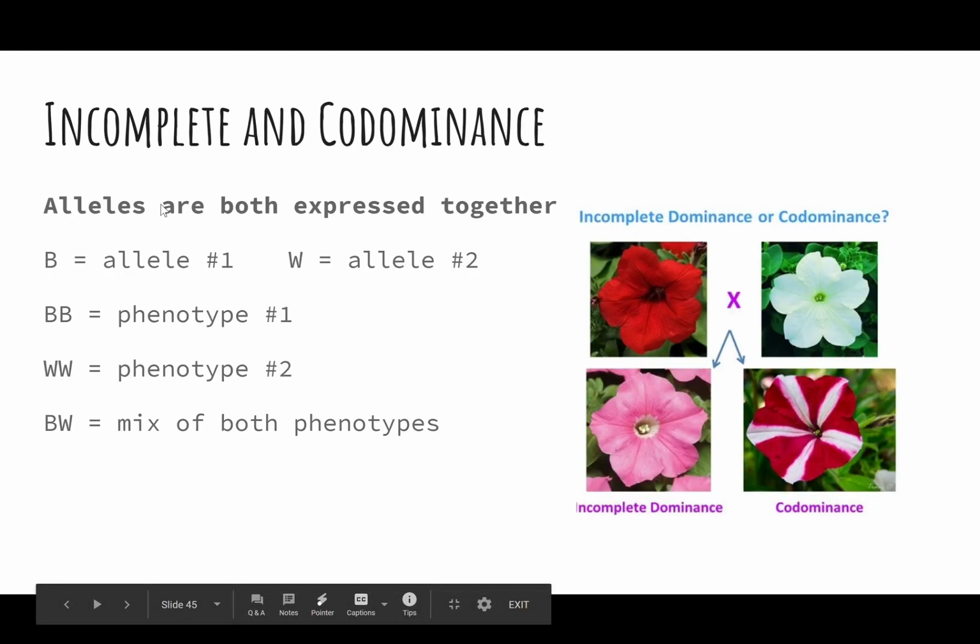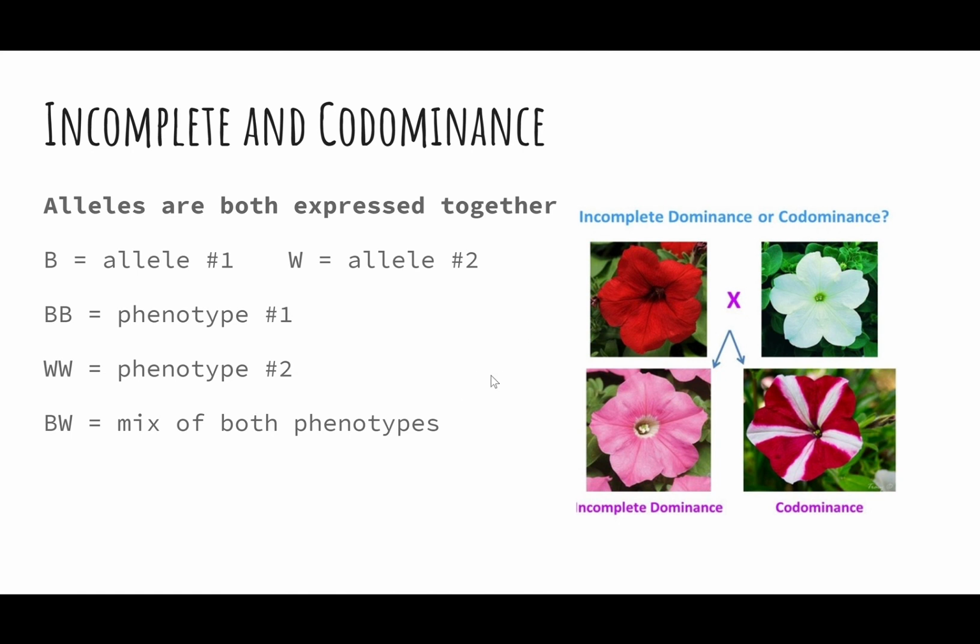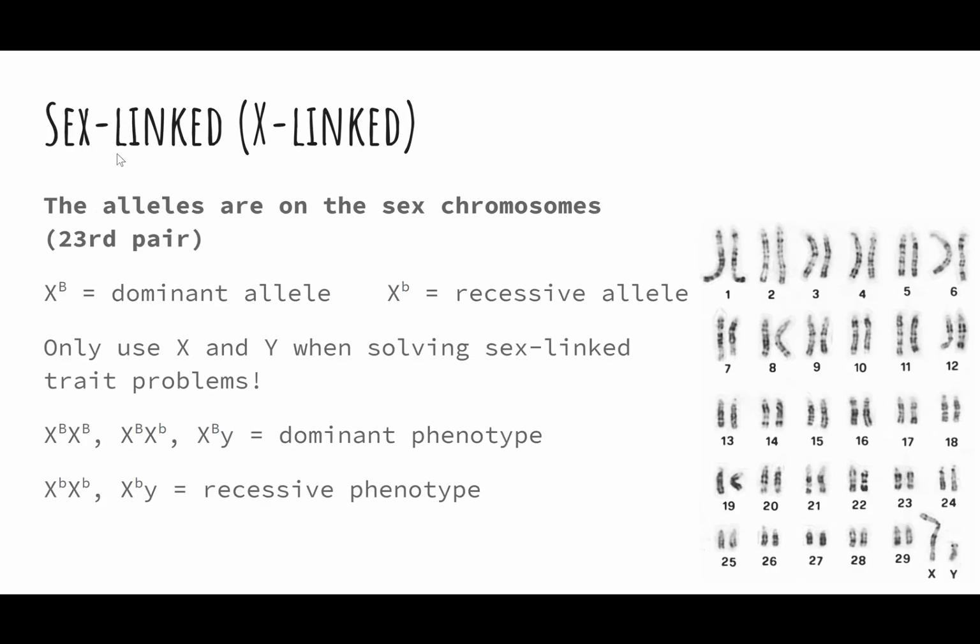We also talked about incomplete dominance and codominance. And you can still use a Punnett square for all of these, but it's talking about a mix of phenotypes. So either you have a totally mixed color, or you have stripes or spots. And then today we talked about sex-linked traits,